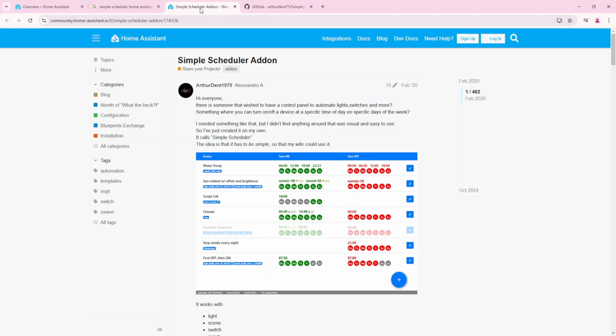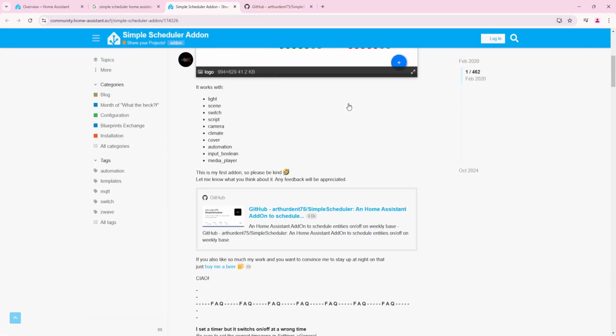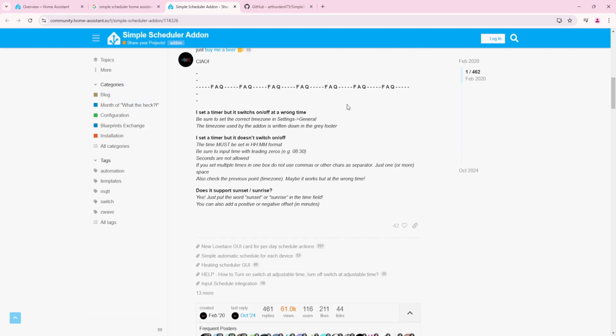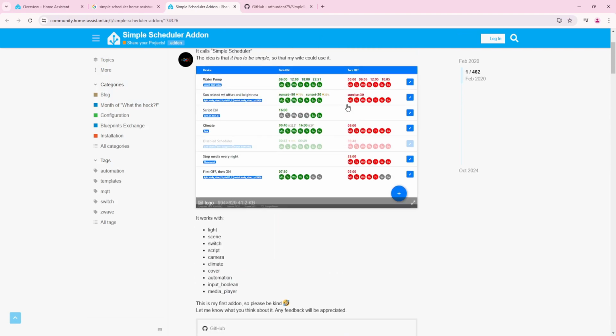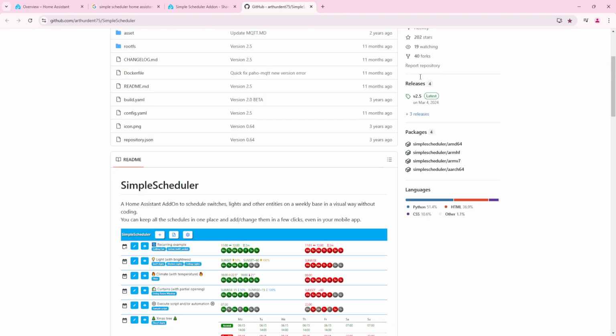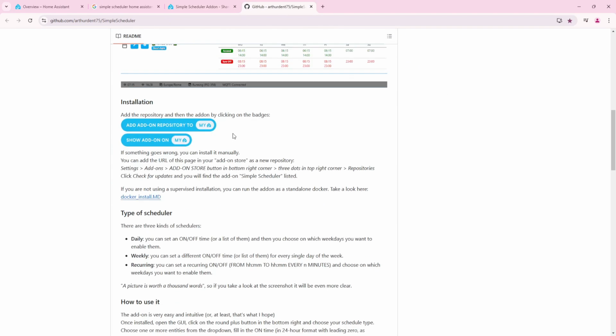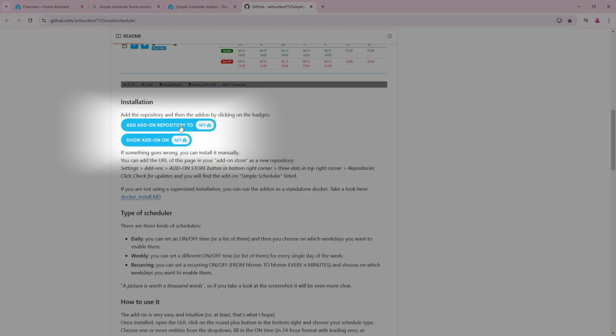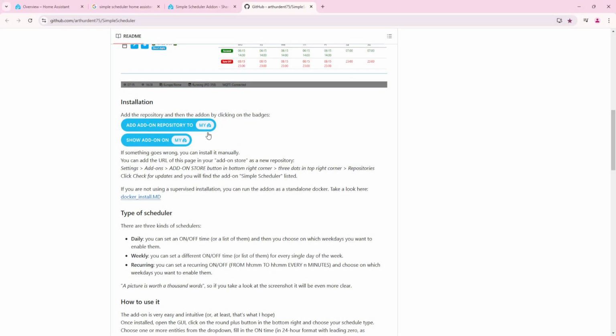The forum post includes a straightforward list of instructions for usage and download, which you can refer to if you need additional details or prefer an alternative installation method. While it's possible to download the extension directly by clicking the provided badges, for the purposes of this video, we will proceed with a manual installation.